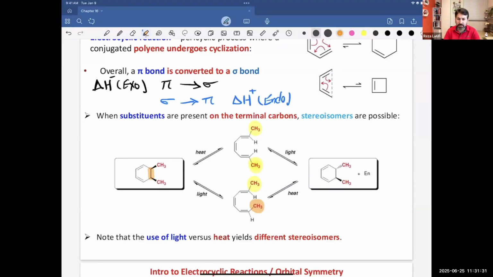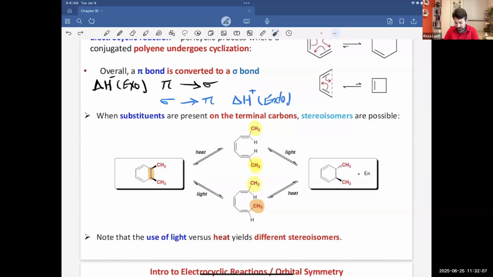When I'm applying heat, the two methyl groups will be outside of the molecule, far from each other. But if I apply light, one of them is inside, while the second is outside. And now I want you to follow this. So we know in order to break a sigma, we need to apply energy. And now when we are taking pi and turning it to sigma, still we need to apply energy, but the energy we are applying